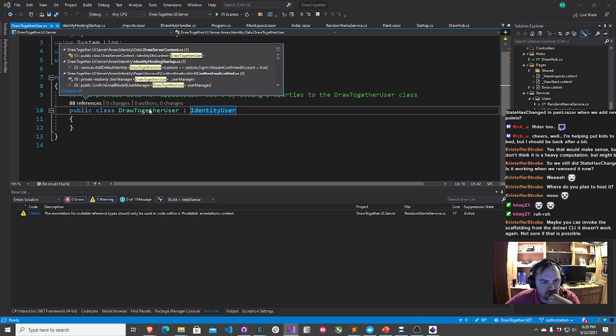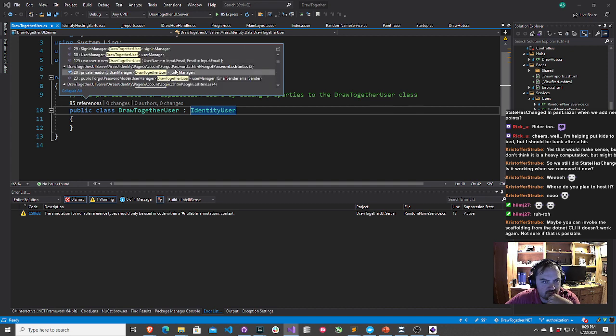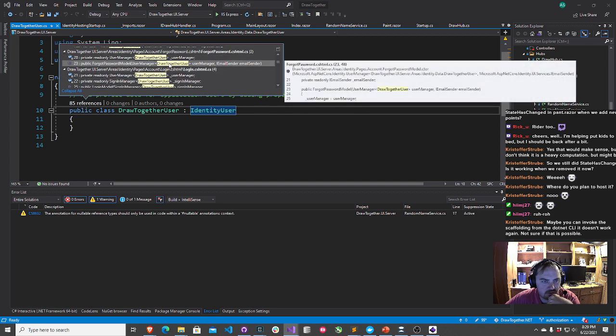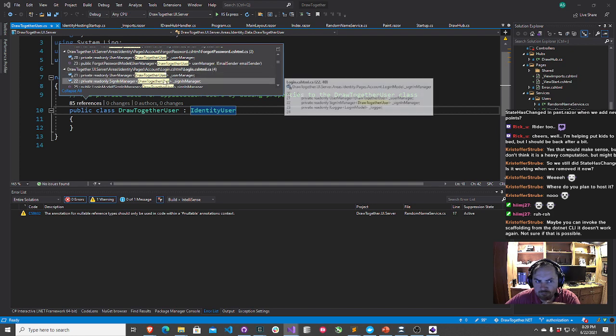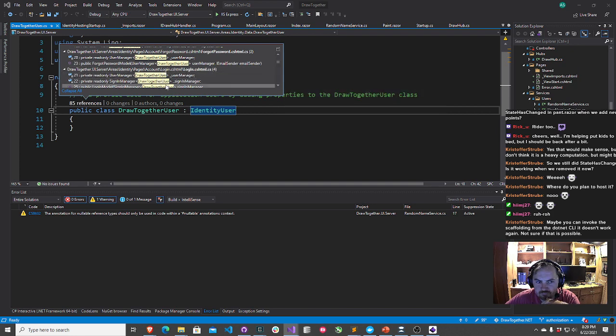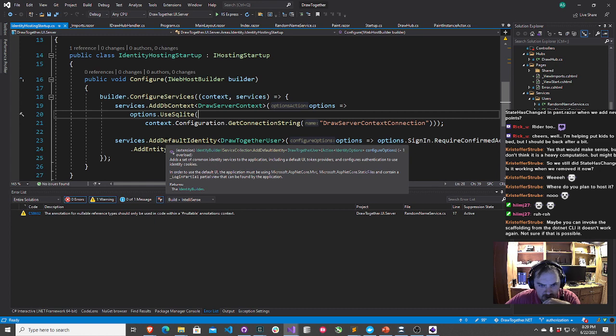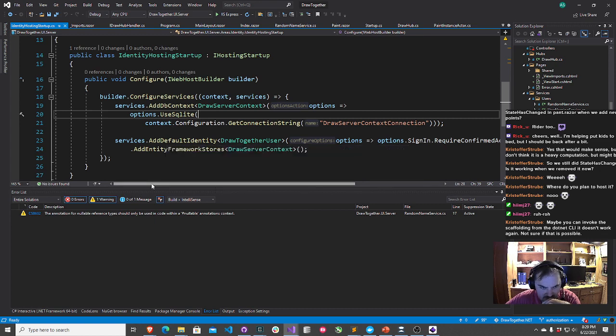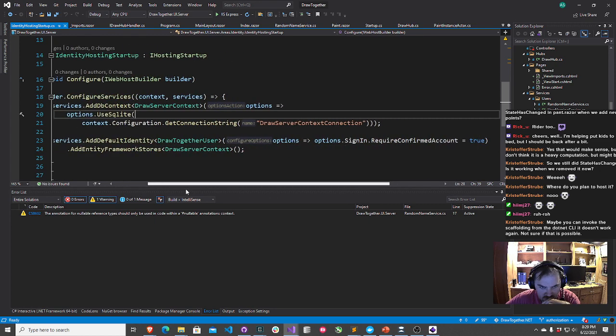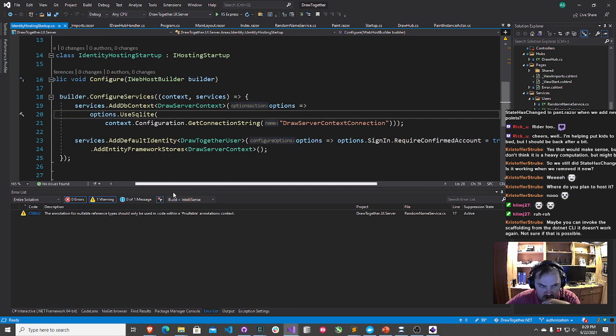88 references to DrawTogetherUser. Really? Oh, God. Okay. Let me go back to here. Configure services, DrawServerContext. Add default identity. DrawTogetherUser.